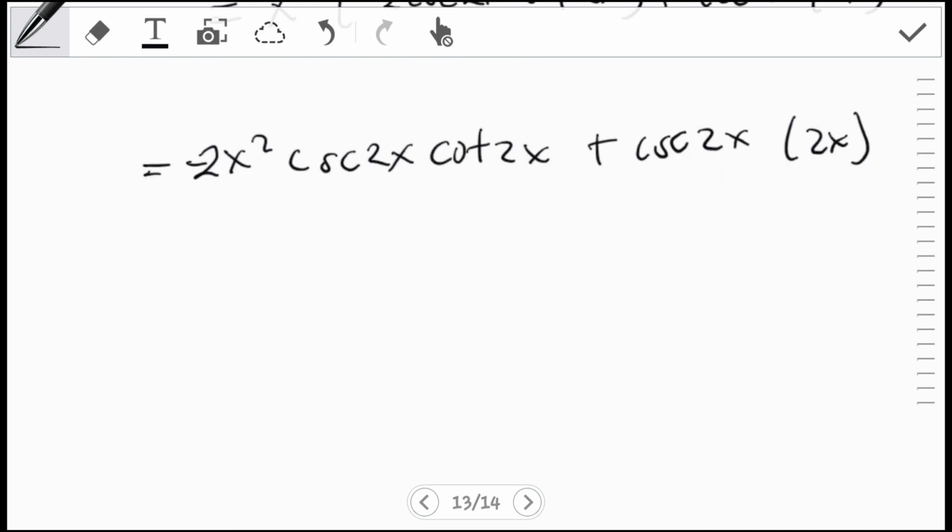Okay, so therefore we can rewrite, okay, so y prime is equals to